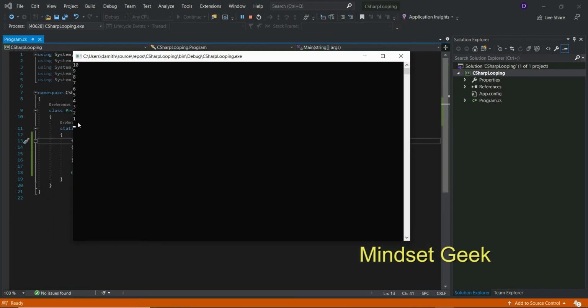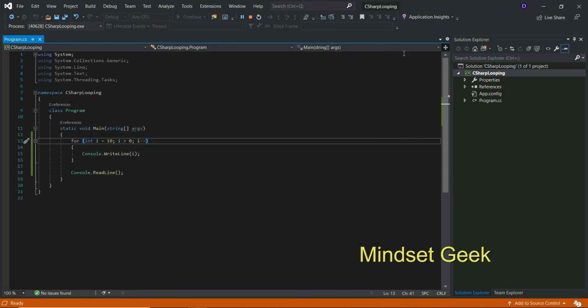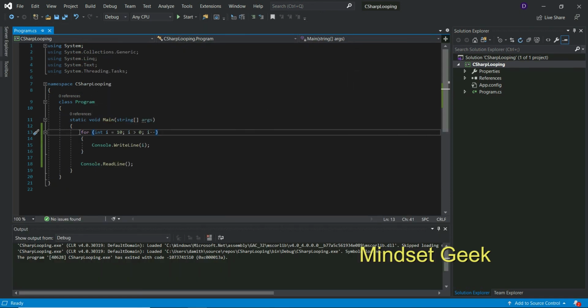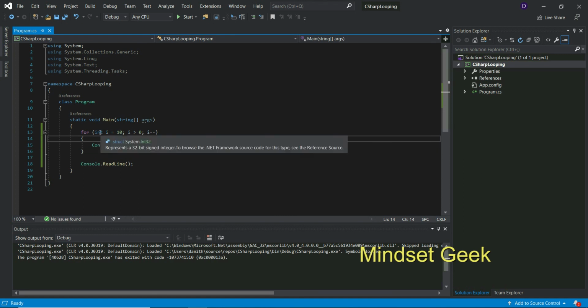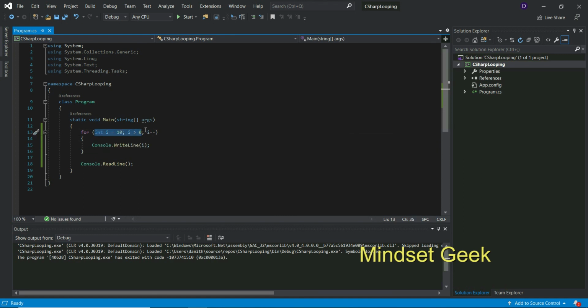You need to get the idea behind the logic. Now I think you have an idea about what a for loop is, why we use it and how we use it. We use the for loop when we exactly know how many iterations we want to iterate. We know exactly 10 iterations. And you have to have an idea about these things.